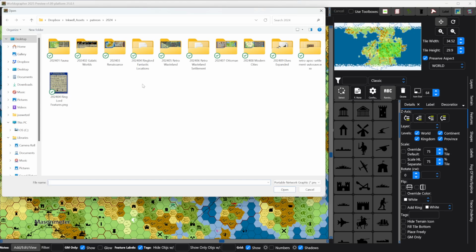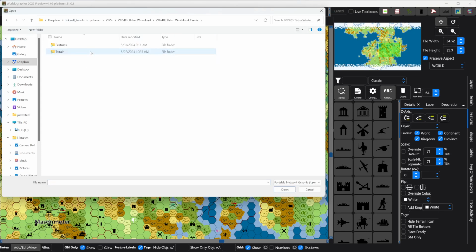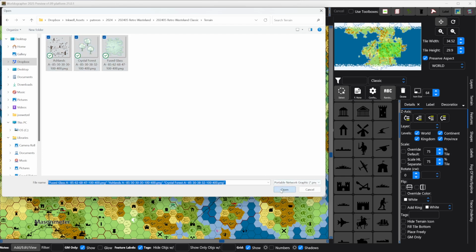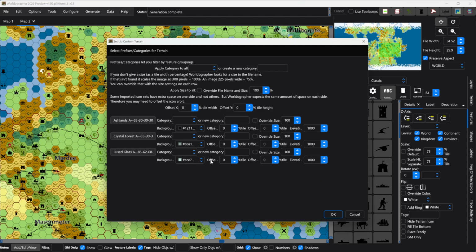But I'll go ahead and add custom terrain, and here I've got my various Patreon icons that we've been doing recently, and I can go into, for example, let's take a look at Retro Wasteland here, and classics there, and here we've got a few terrain icons for some specific unusual icon types or terrain types that would be for a Retro Wasteland. And I can say okay, and what it's doing there is it's actually